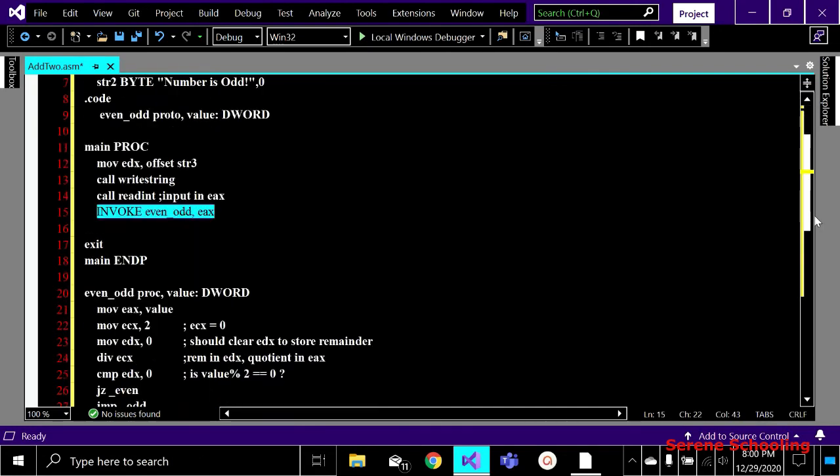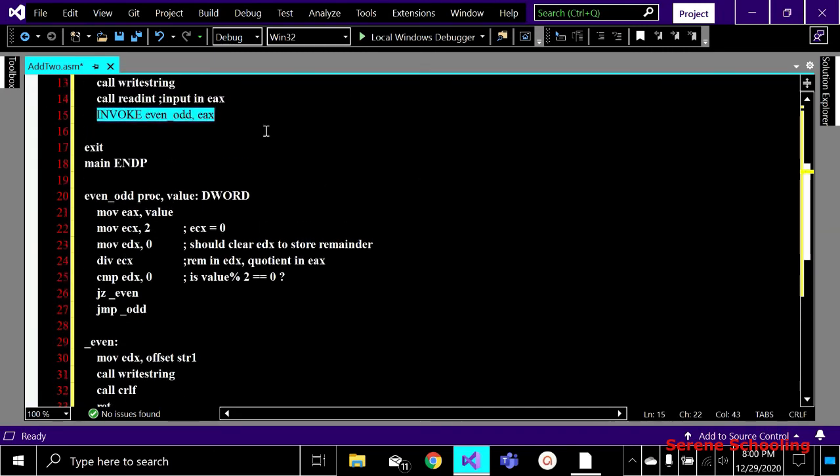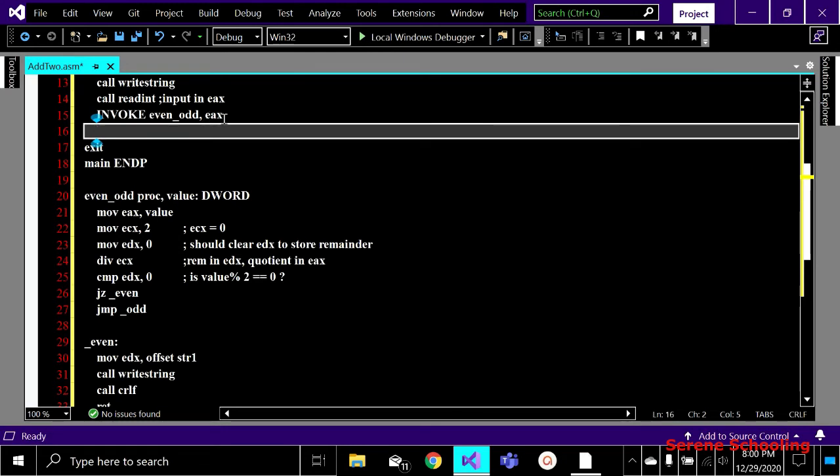So inside the function, let's go there. Here in my EAX I am first moving that value. That value is the number that the user has entered in EAX, right? Here we were passing the EAX value to this function, which means that EAX value is received by value. Suppose the user has entered 5, so value now contains 5.